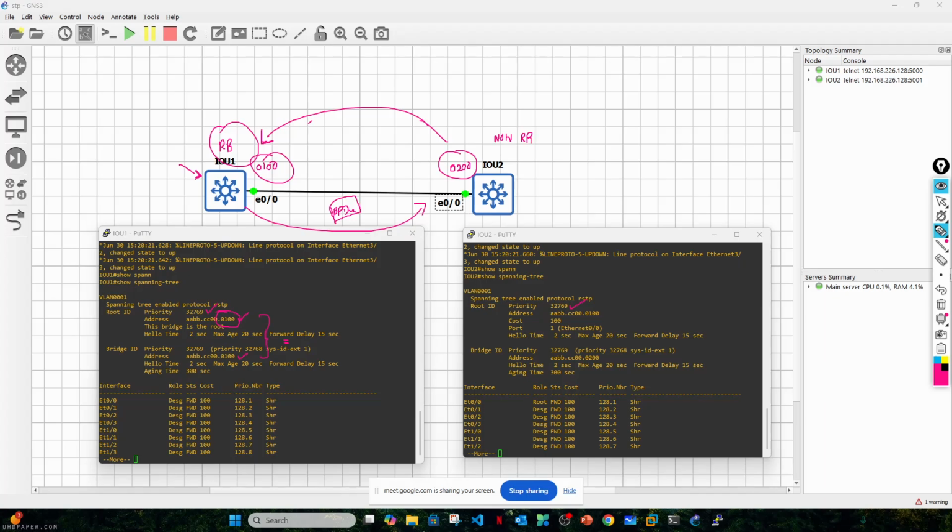Okay, so there's a theoretical part. Every non-root bridge has the root forward ports. That means whatever traffic comes from this side, from below, all the traffic will be forwarded through this interface to the root bridge. But the root bridge is not sending any other traffic types to the non-root bridge,